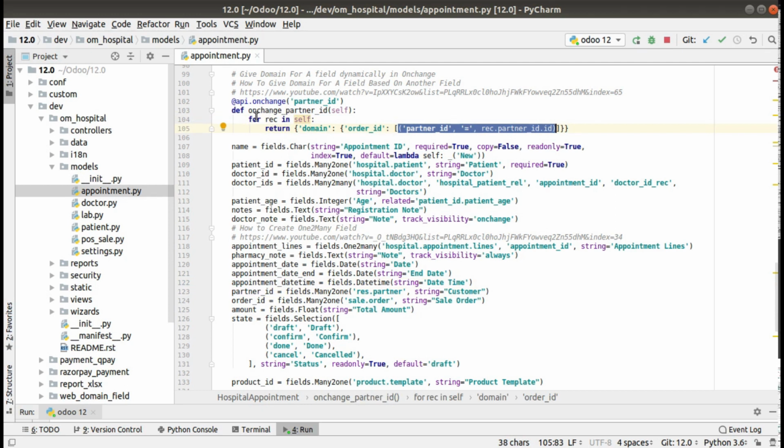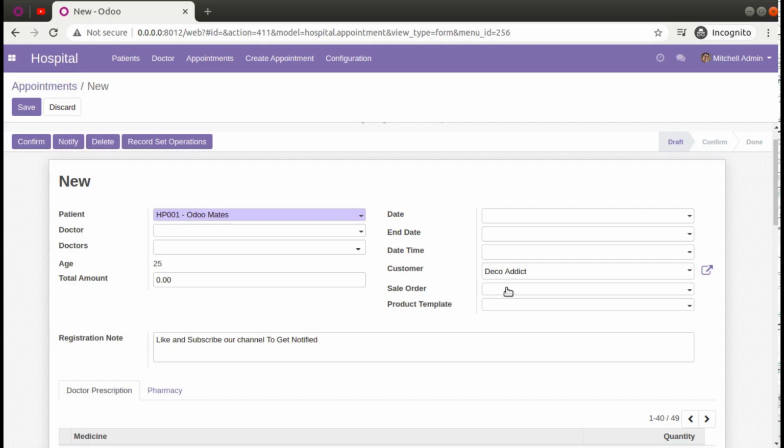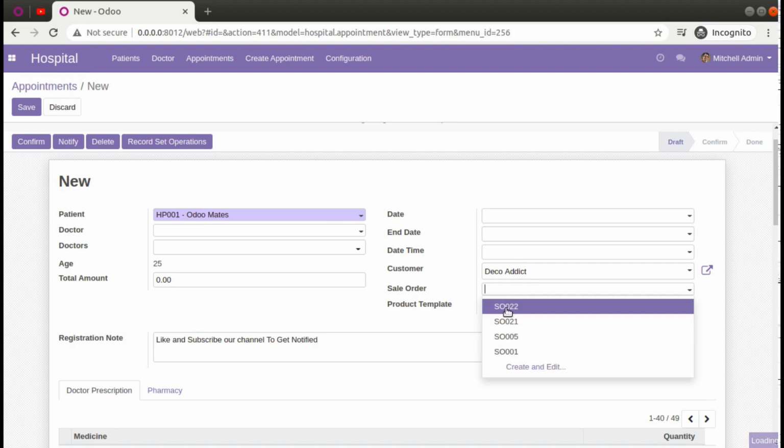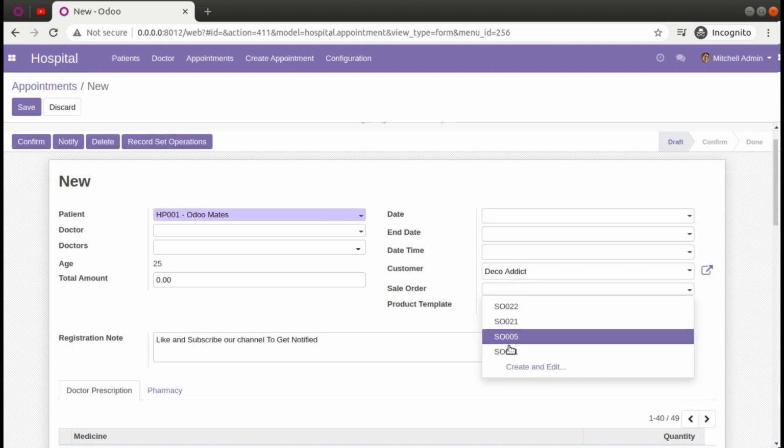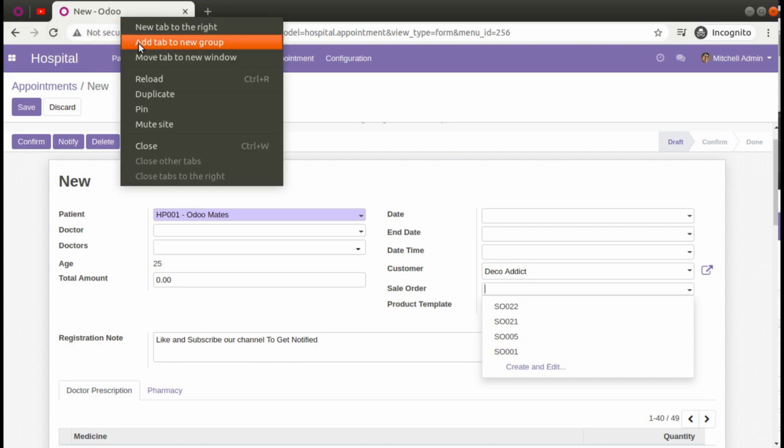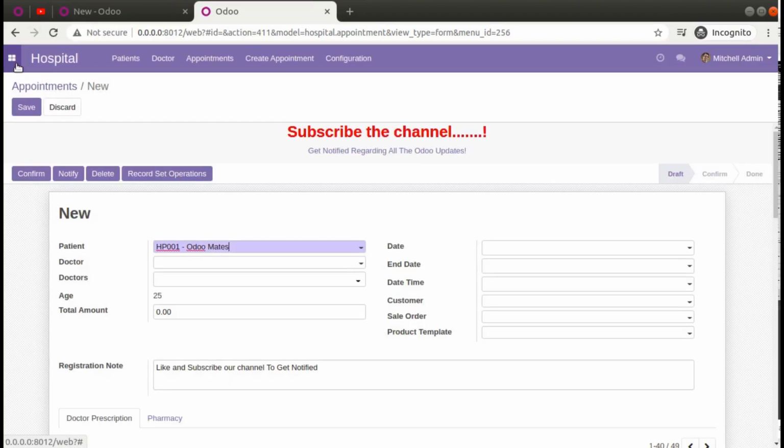So we have simply returned a domain inside the onchange. Right now if I go to the browser, you can see if I choose Deco Addict, we are getting 1, 2, 3, 4 sale orders. So what I'll be doing is duplicating this tab, and in the other tab I will be